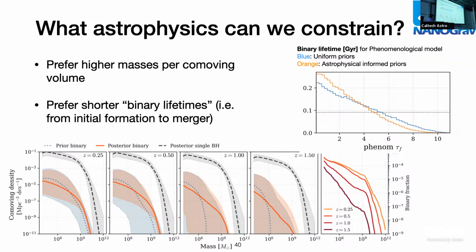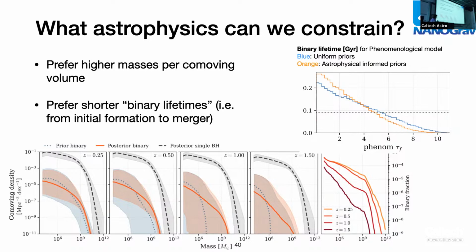co-moving volume. And the grayish blue bands here represent priors, and the red represent posteriors. And what you can see is that we're pushed up towards the high mass end of our posteriors. So we're seeing probably that the signal is dominated by higher mass signals than you might otherwise expect. And we're really only constraining things at redshifts of order 0.25 and 0.5. And out at higher redshifts, we're not constraining much.